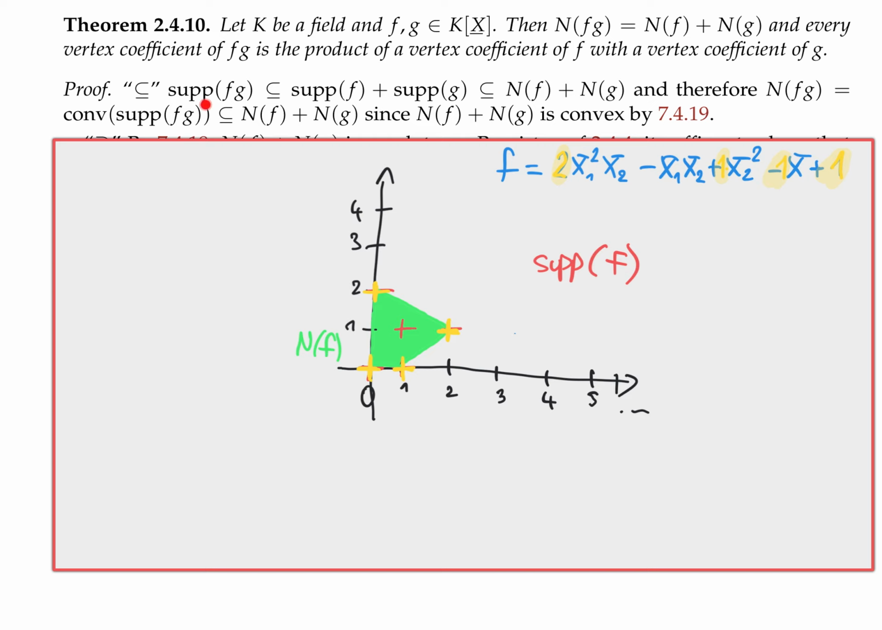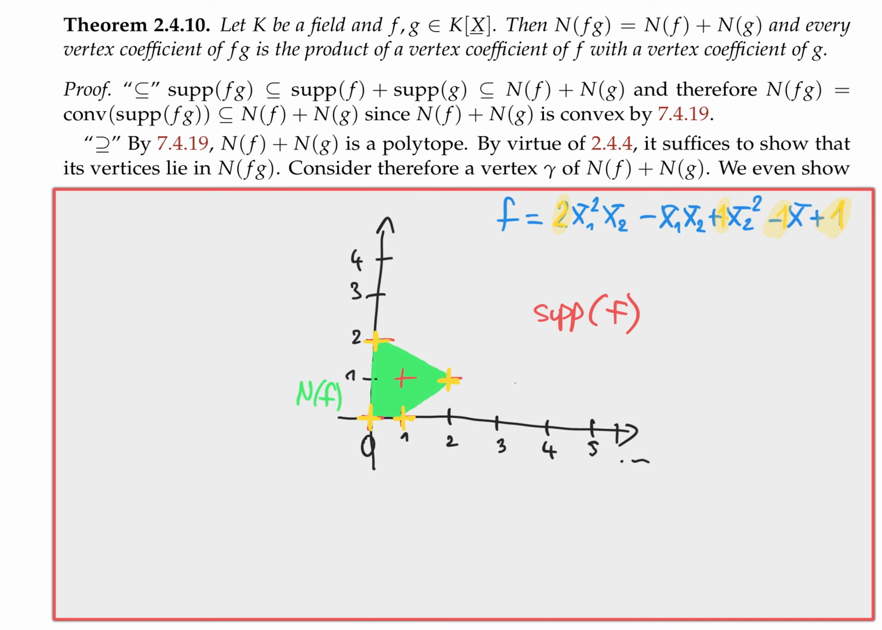Okay, so a non-zero coefficient. Okay, so that's clear. And that's, of course, contained in the Newton polytope of f plus the Newton polytope of g. And therefore, the convex hull here is also, because this sum is convex. Okay, good. And the other direction, so